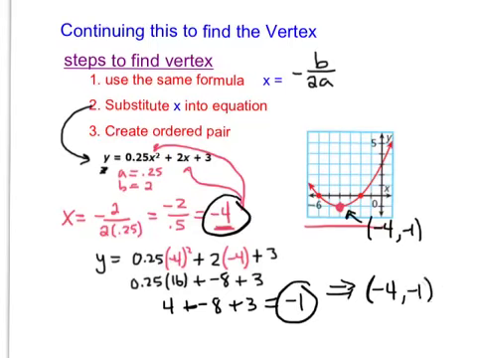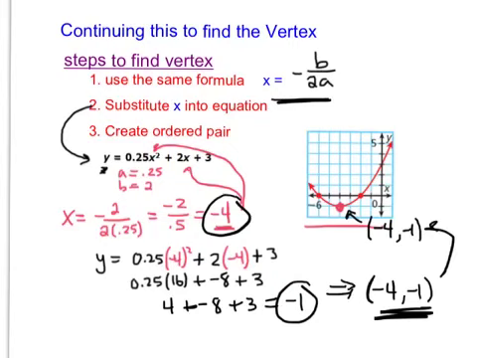And so basically what we did is we just found the vertex, and we verified it up here. So basically all we have to do is use this formula for x, substitute it into our original equation, find our y, which we've done before. We can substitute and find a value, and then create the ordered pair, and that's going to give us our